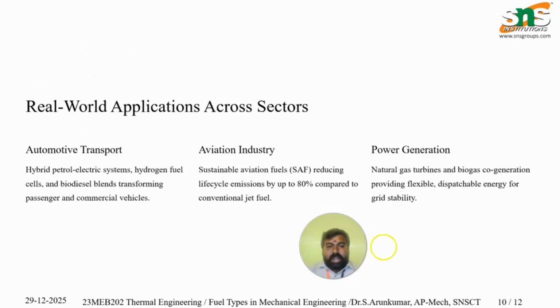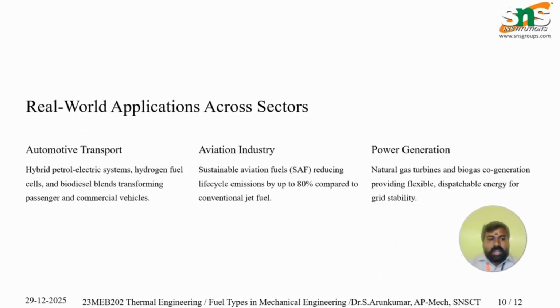Some of the real world applications across the sectors are automotive transport, aviation industries and power generation. In automotive transport, hybrid petrol electric systems, hydrogen fuel cells and biodiesel blends are transforming passenger and commercial vehicles. In the aviation industry, sustainable aviation fuels (SAF) reduce life cycle emissions by up to 80% compared to conventional jet fuels, and natural gas turbines and biogas cogeneration provide flexible and dispatchable energy